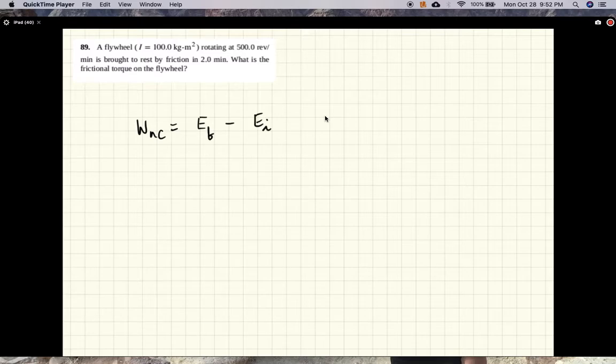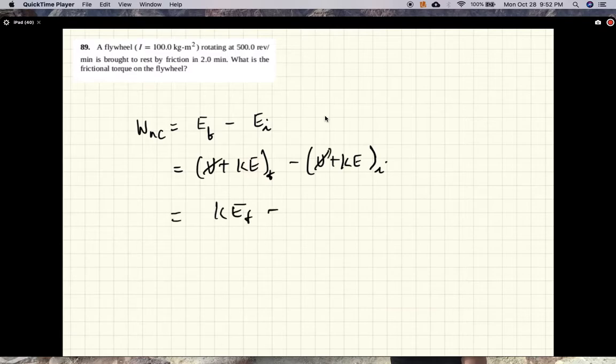Well, here we don't have any potential energy, so this is final kinetic energy minus initial kinetic energy. Final kinetic energy is 0 since you brought it to rest,